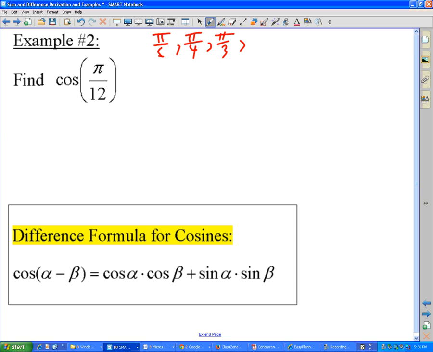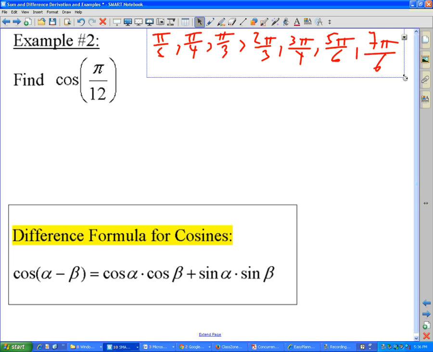So you can just kind of skip to 2 pi over 3, and then we get 3 pi over 4. And then we get 5 pi over 6, and then after pi we get 7 pi over 6. So these are a bunch of angles, I should say, that we know are on the unit circle. But it's hard to compare them to pi over 12s because they don't have a common denominator. So all I'm going to do here is go through and convert them into